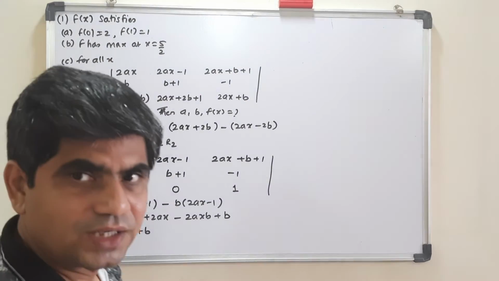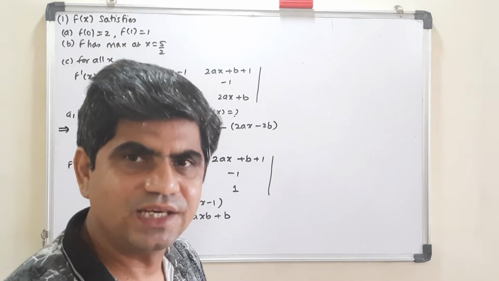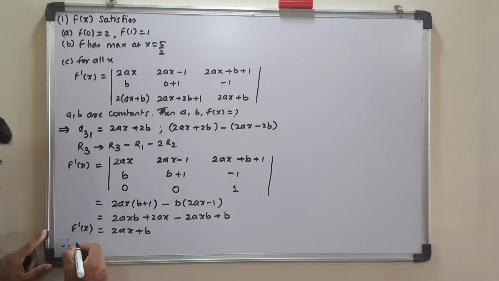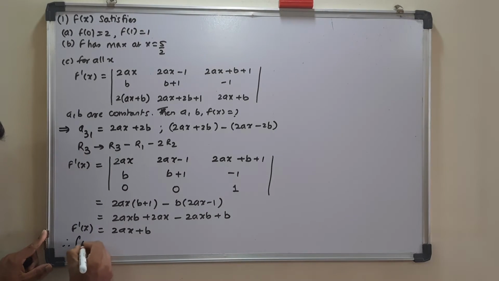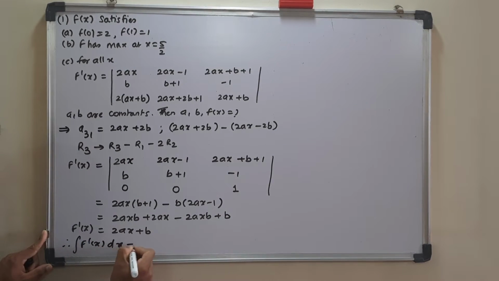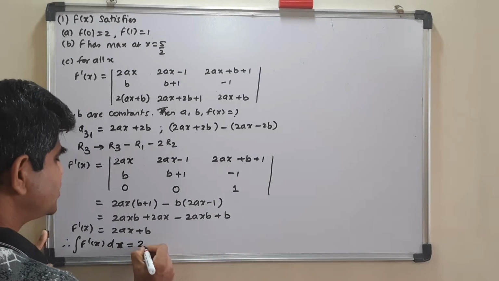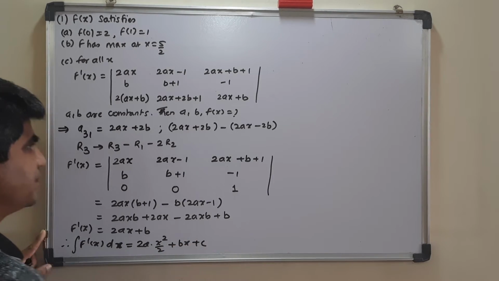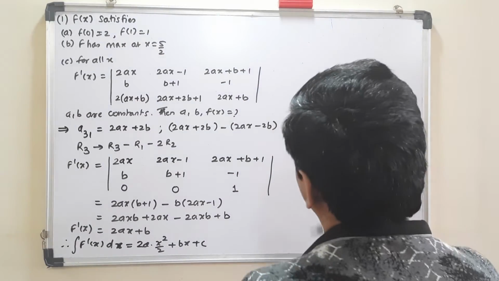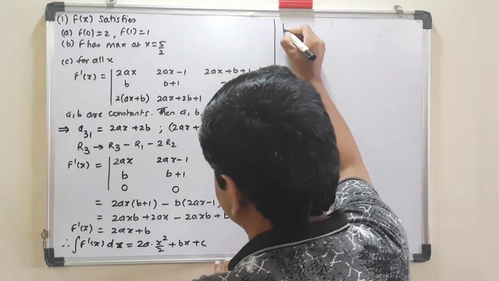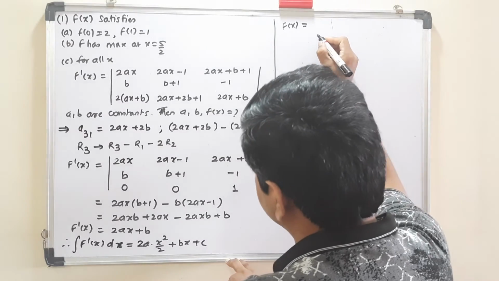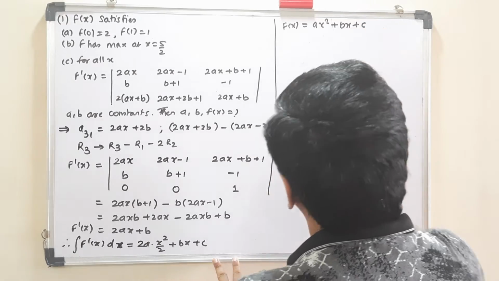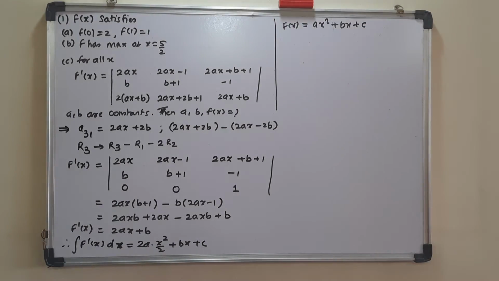Now if I get the derivative over here, then I can very easily find the function. If I want to get the function, I know what I have to do. That is the antiderivative. So I will get the integration of f dash x with respect to x. This is 2a and this will become x square by 2 plus bx plus c, which is finally turning out to be function of x is equal to, this 2 cancels, ax square plus bx plus c. Very good. I got already the function of x.